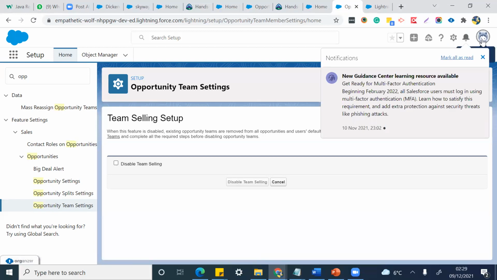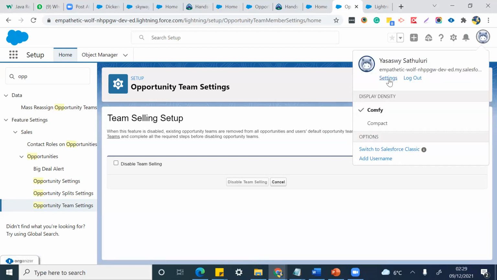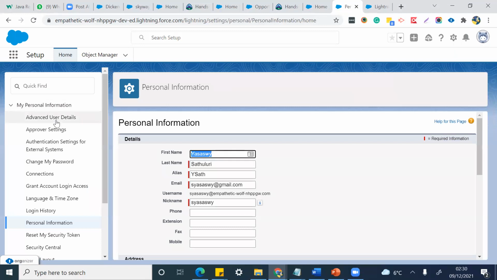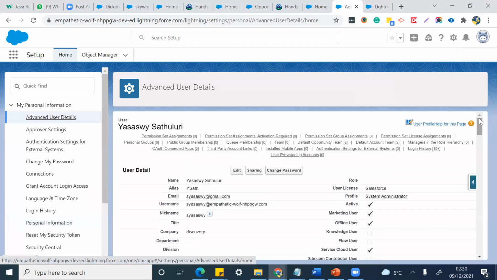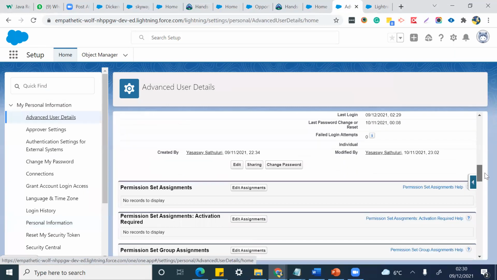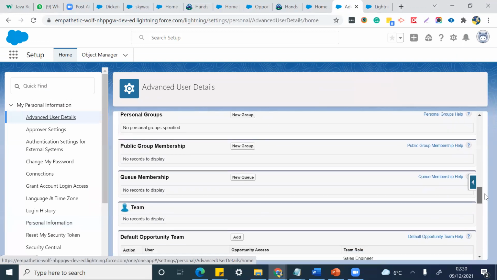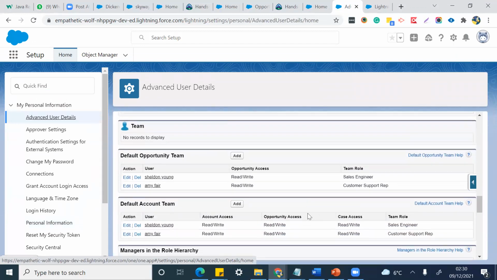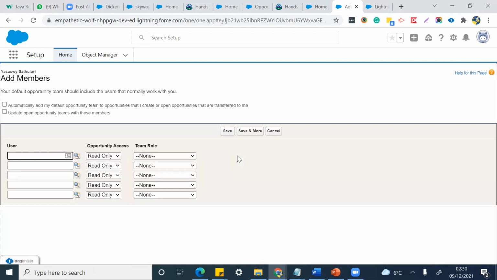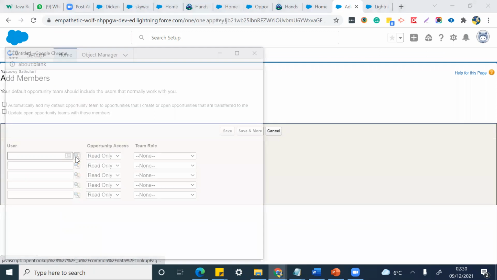So go to settings, advanced user details, and on the bottom similarly it will be opportunities. See sir, I have already added it, that's the reason it is showing. So we can add here also, similarly under default opportunity team, we can add another member if you would like to.